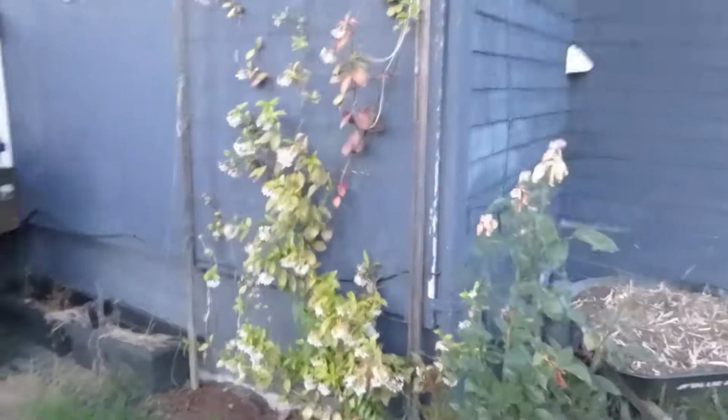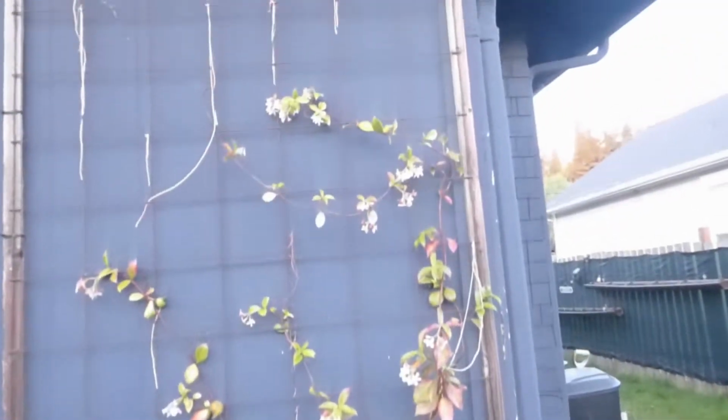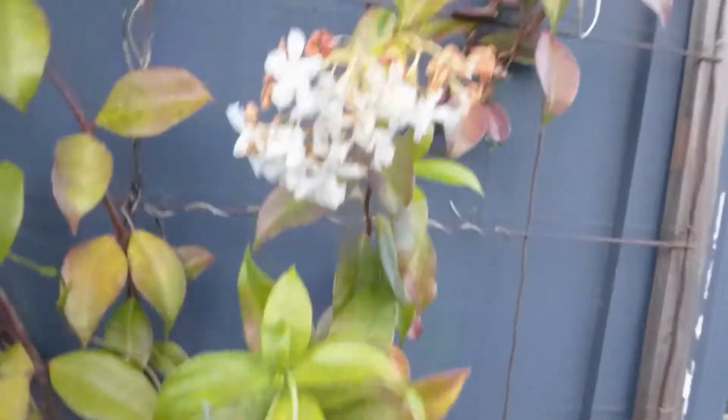Kind of interesting. I don't remember if I showed you this, but the landlord put this in years ago. This is a jasmine, and it just smells amazing. I walk past here, and you just get that beautiful scent. Over here is